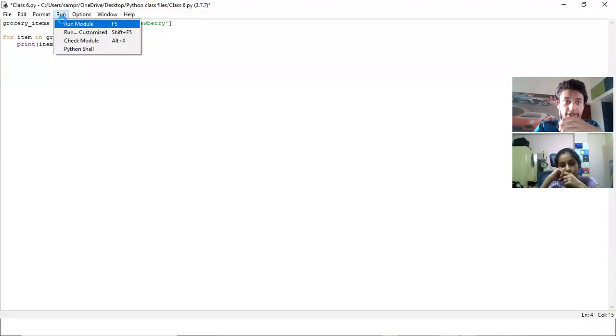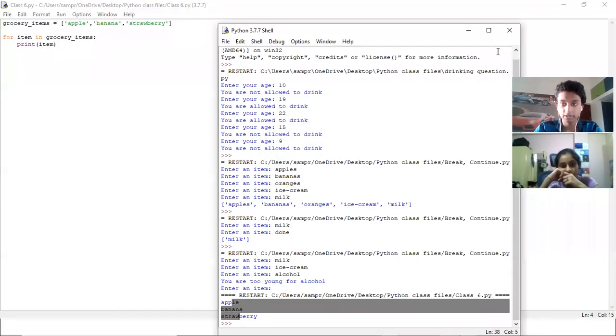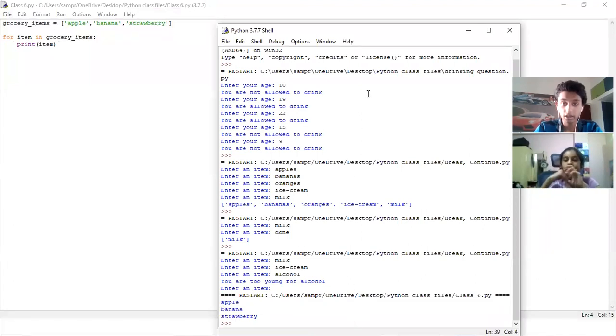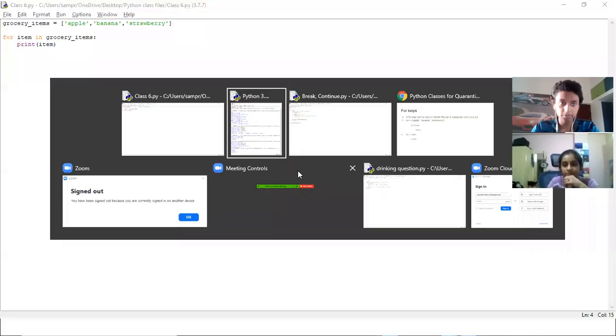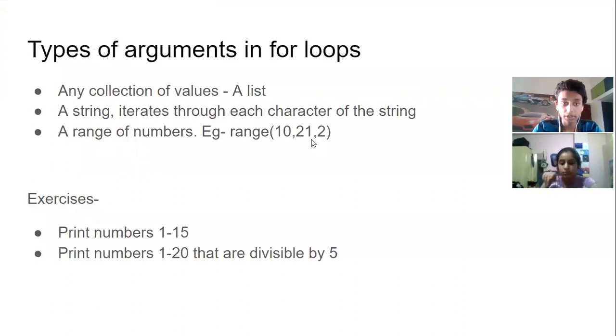So what this will do is it'll print one by one: apple, banana, strawberry. Okay, so that's a for loop. Yeah, it's a little bit confusing. I know it was confusing at first for everybody, but I'll show you a few more possible things you can